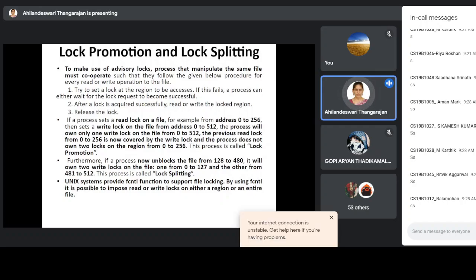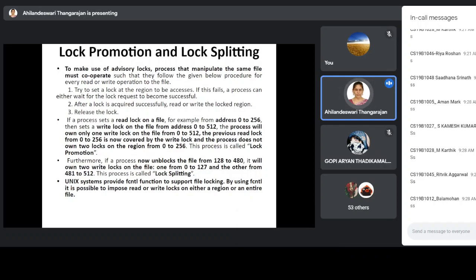So only one lock is allowed for a process. Compared to read locks, write locks have higher priority. So from 0 to 512 you will have the write lock. The read lock is also converted in the region 0 to 256. Instead of having a read lock, you will have the write lock. So this is called lock promotion.